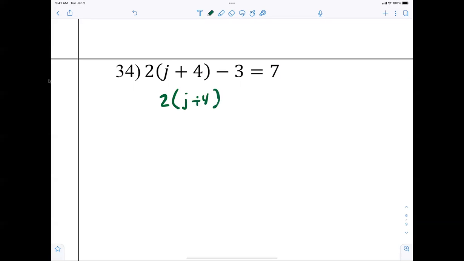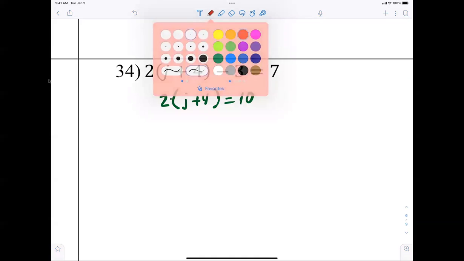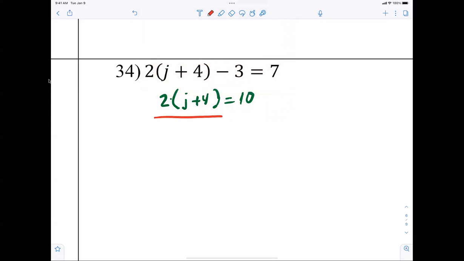You could distribute, but I could also do what? Because that's times 2. No, you have to undo multiplication. How do I undo the multiplication? Yeah, you see what I'm saying, right? We're going backwards. So I could divide by 2, divide by 2. You with me? So